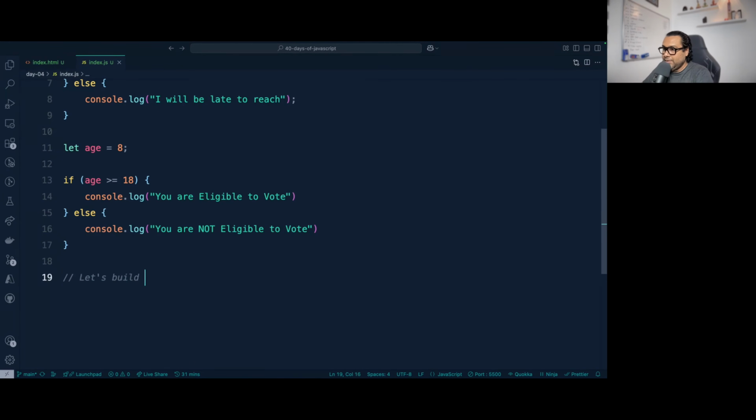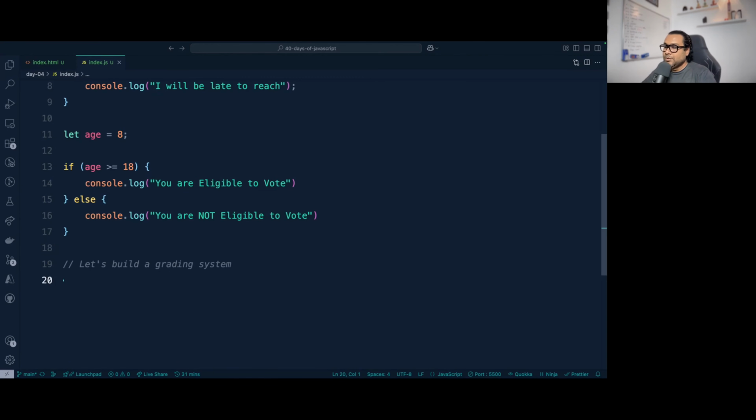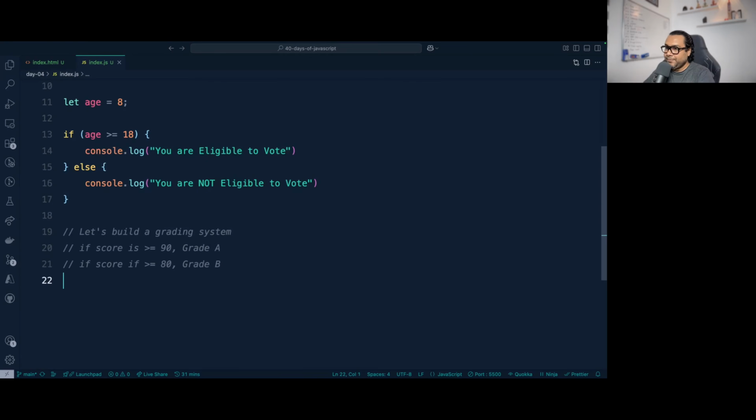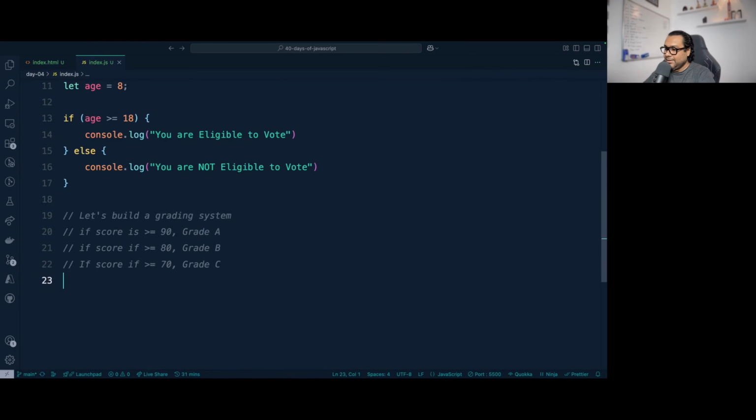Let's build a grading system. Let's build the logic for this. So the logic is, if score is greater than or equal to 90, then we'll say grade A. If score is greater than or equal to 80, grade B. If score is greater than or equal to 70, then we'll say grade C. Otherwise, we'll say fail.